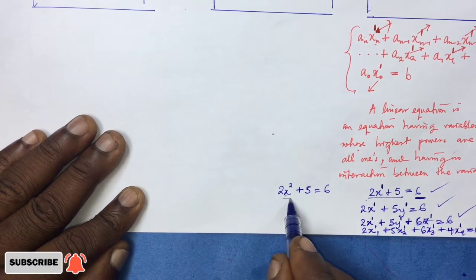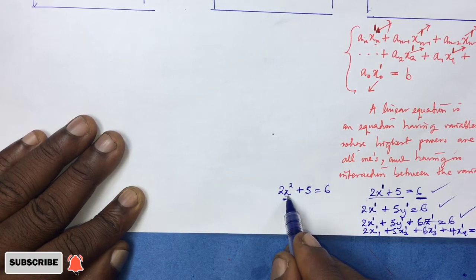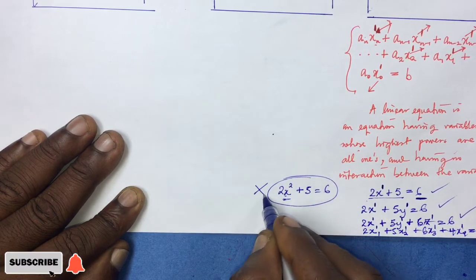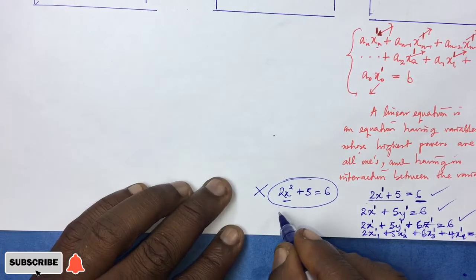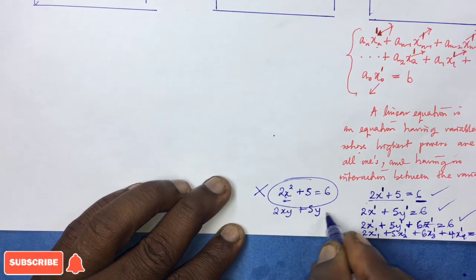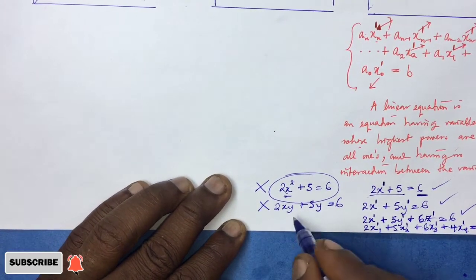Even when there is just one variable x, you will notice that this term here carries a product of x and itself. So this is not a linear equation. It is quadratic because the highest power is 2. If you have 2xy plus 5y equals 6, this is not a linear equation because there is an interaction between